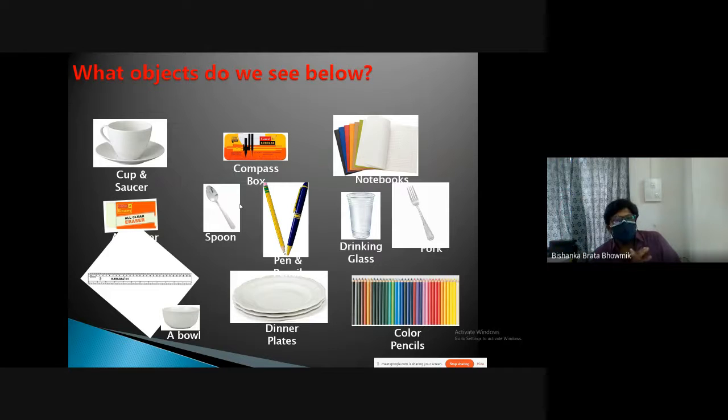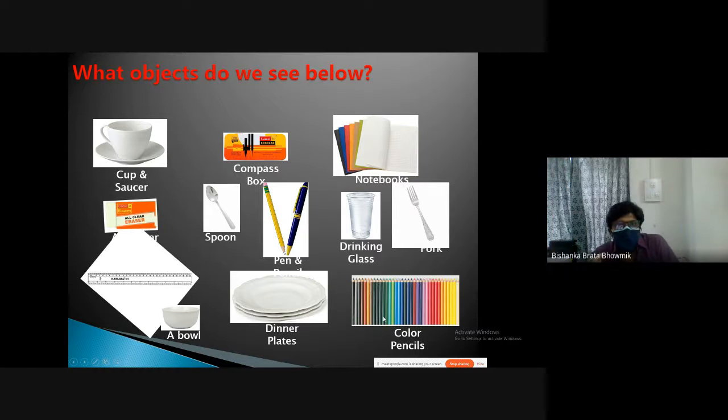Okay. Now you can show them some practical objects. After showing them, you can ask the name. So maybe they will know that it's a cup, this is a compass box, this notebook, there's an eraser, there's a spoon, there's a pen, there's a drinking glass, there's a fork, a ball, this ruler is there, the dinner plates, and color pencil.